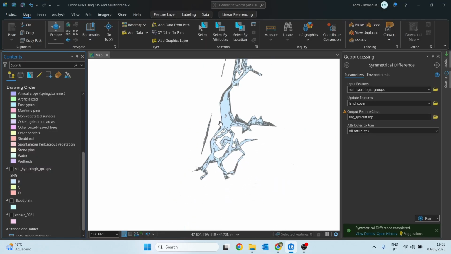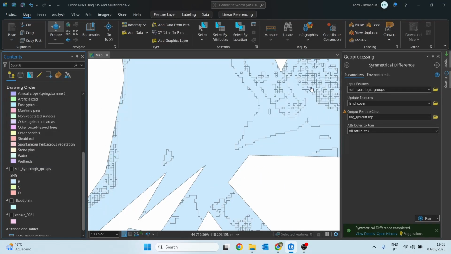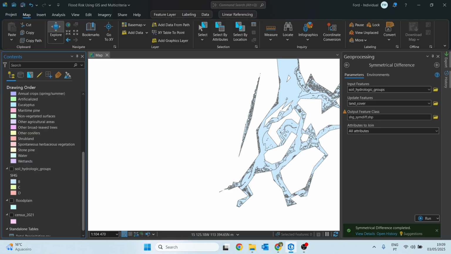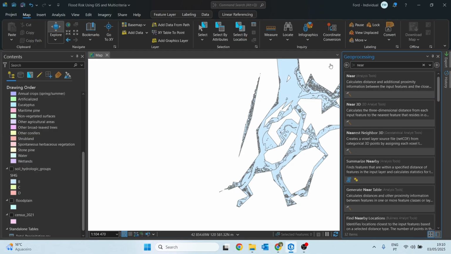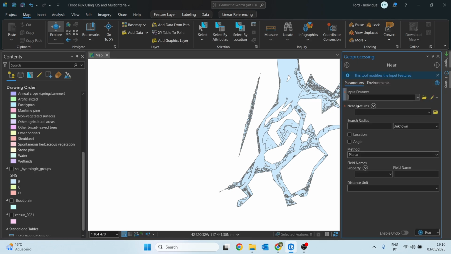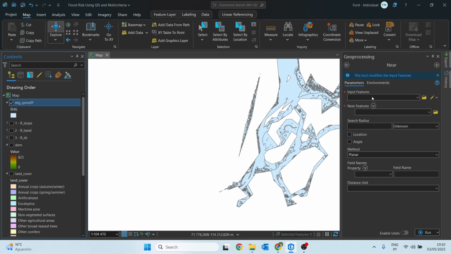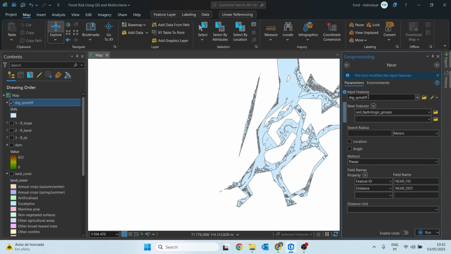But what we actually want is not the land cover itself. We want to assign a soil hydrologic group from B to D. So what we are going to do is assign to each land cover element the nearest soil hydrologic group using the near tool in the geoprocessing tool. So let's search for near, click on this one, choose the symmetrical difference as the input features, and near features we will use the soil hydrologic groups. After that, we only need to set the environments, in this case the extent as the DEM, and what